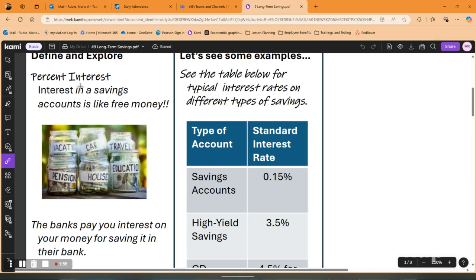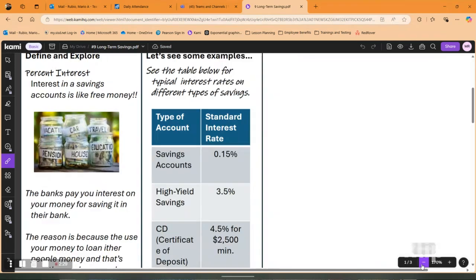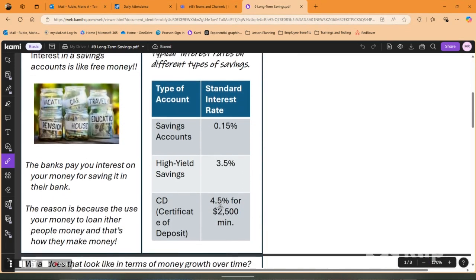You put your money in the bank and they tell you, I promise it's going to be safe. We're not going to get lost or do anything like that. And they use some of that money to loan money to other people. As the people pay back, they replenish the money in the accounts, and that's how you are able to access your money and have money all the time. But that's how the bank's making money. They're loaning your money out to other people. Those people are paying higher interest rates, making the bank a ton of money. They're paying you a little bit of interest to give you some incentive to keep your money there at the bank. If you understand that, you'll know that at the end, the bank's always the one that's going to win, and you just have to be aware of what's the best option for you.